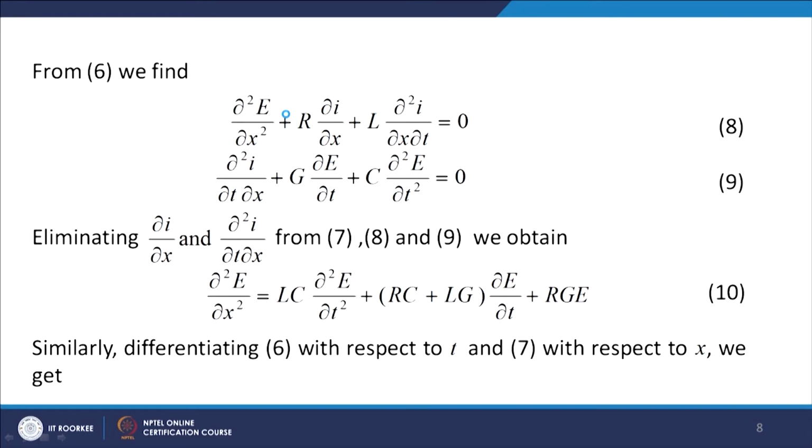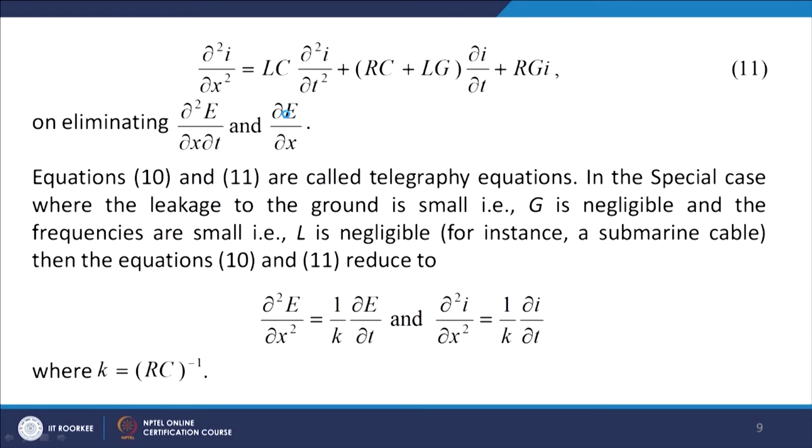Just as we got the equation for the voltage E, we can get the equation for the current I on eliminating the second order derivative delta square E by delta x delta t and the first order derivative delta E by delta x. Now, the equation 10 and the equation 11 are called the telegraphy equations. In the special case where the leakage to the ground is small, that is G is negligible, and the frequencies are small, that is L is negligible, for instance in the case of a submarine cable, then the equations 10 and 11